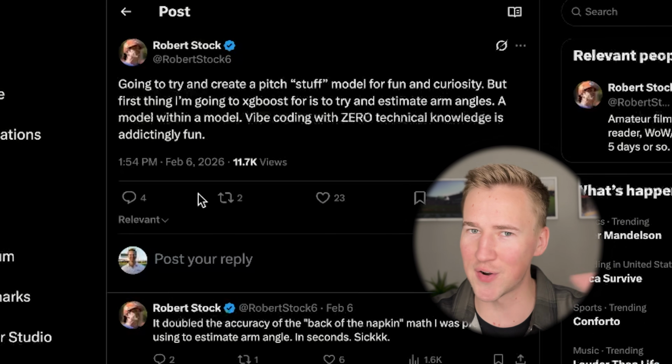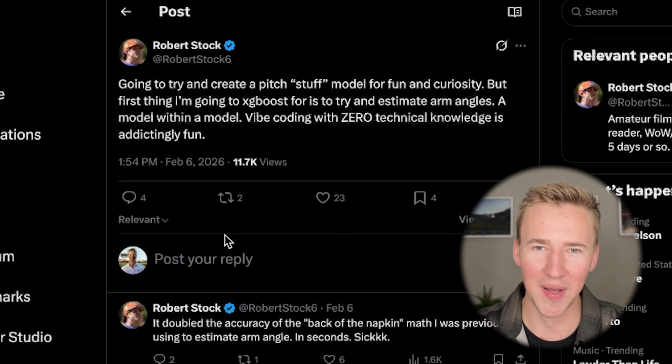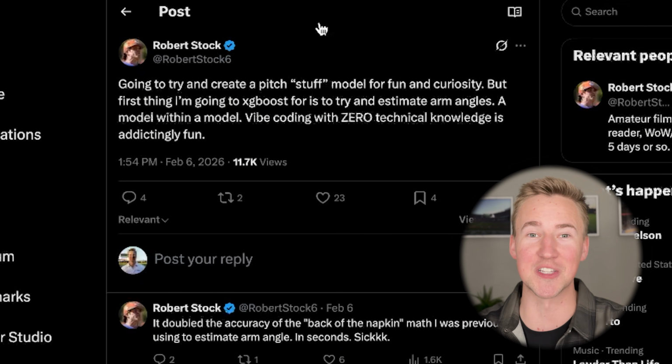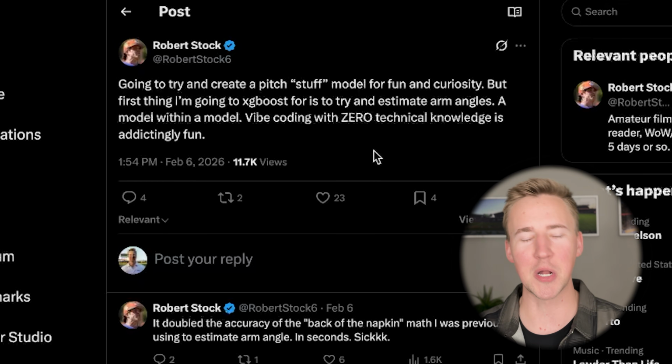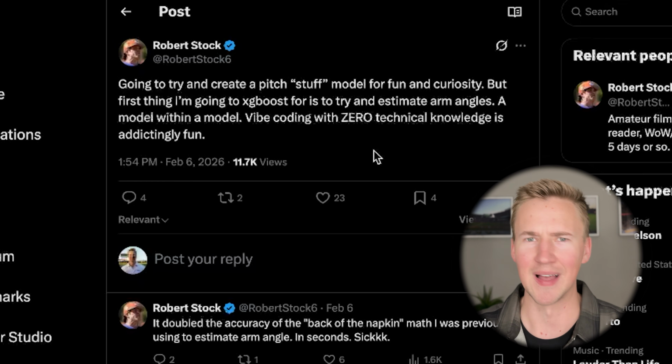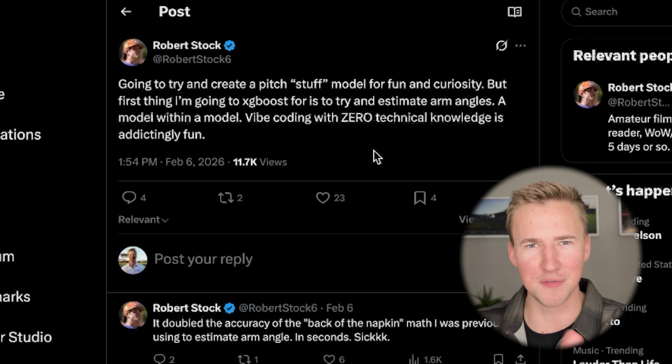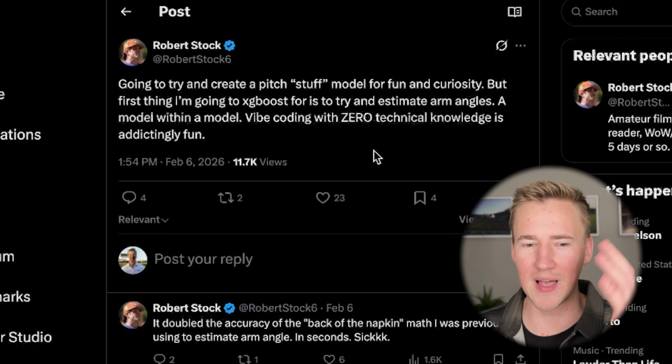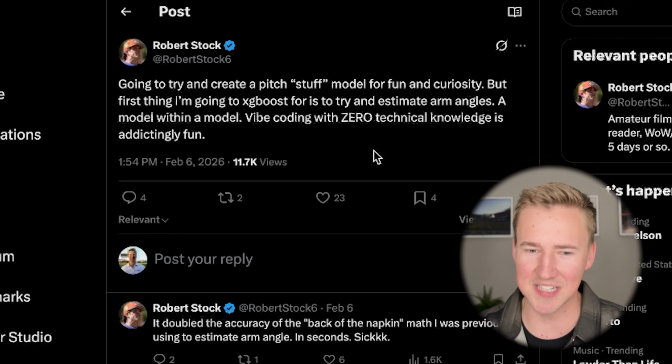So let's do it. 20 to 30 hours of my time went out the window in these last couple weeks trying to build these things. And it was inspired by this guy, Robert Stock, a pitcher who got up through the show with the Red Sox, got a little cup of coffee here. Multiple cups. Anyways, he's a really fun pitcher, throws a nasty sweeper, and he said that he built a stuff model,